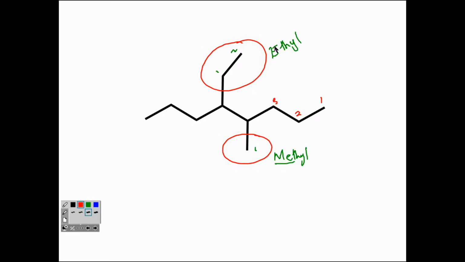1, 2, 3, 4, 5, 6, 7, 8, and then let's start from the left. 1, 2, 3, 4, 5, 6, 7, 8. 8 carbons, so it should be an octane because there's no double bond in the longest chain. Now we know we have